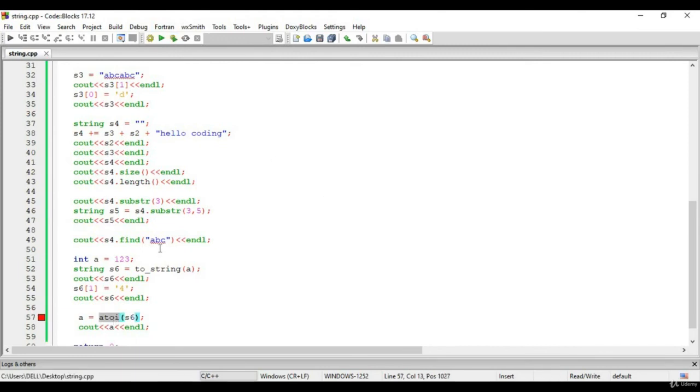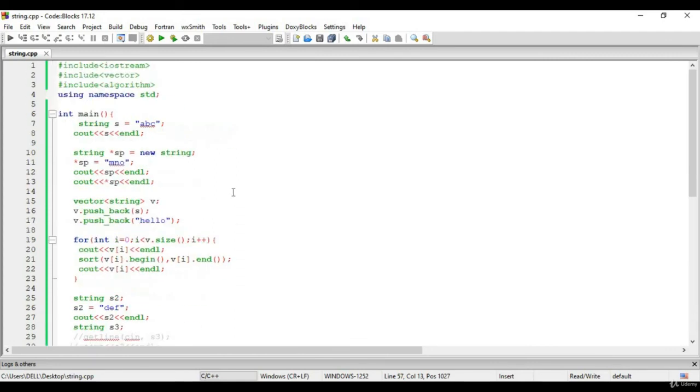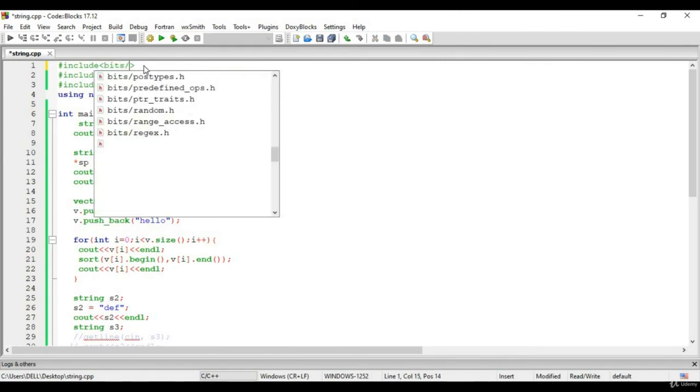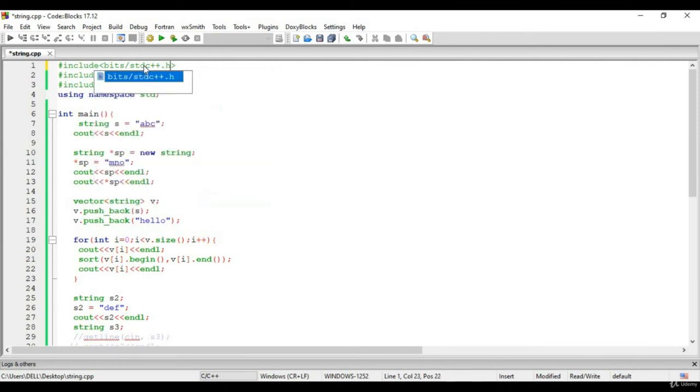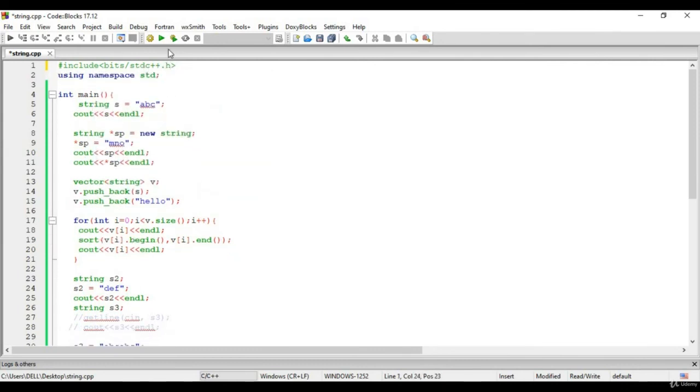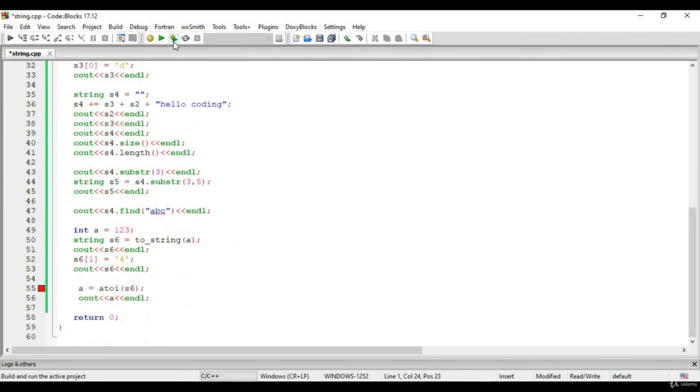Okay, so I don't know in which library the e2i function is present. Okay, this e2i function is not working.